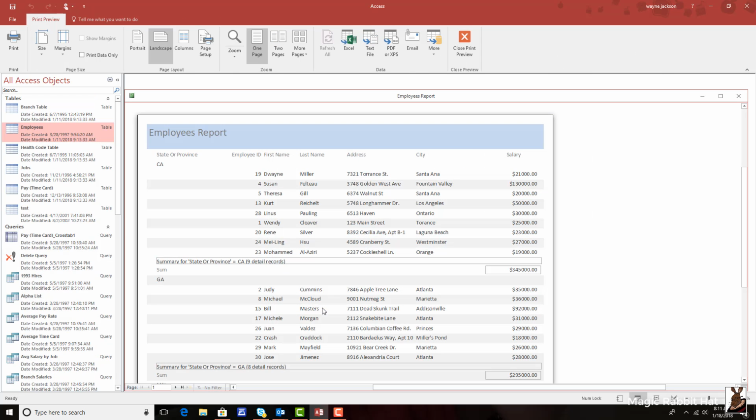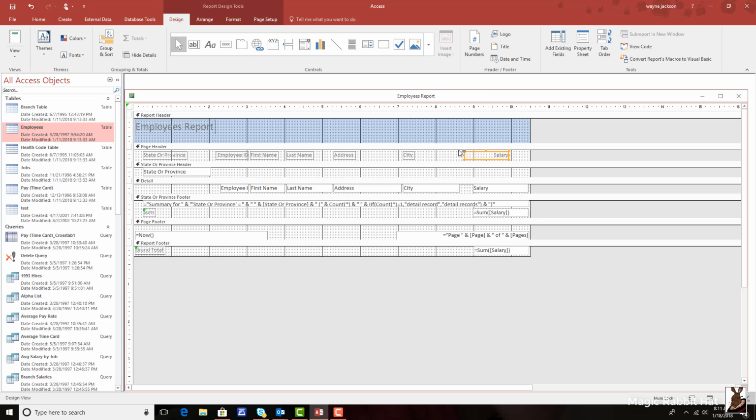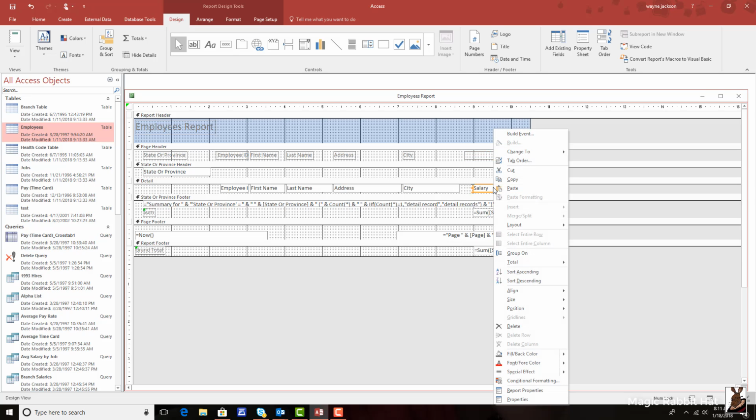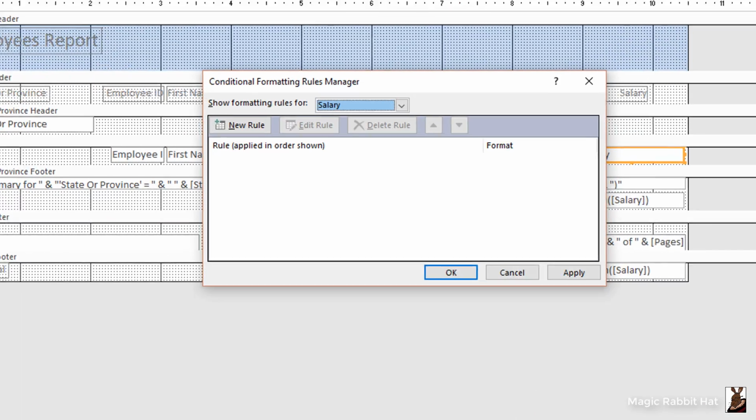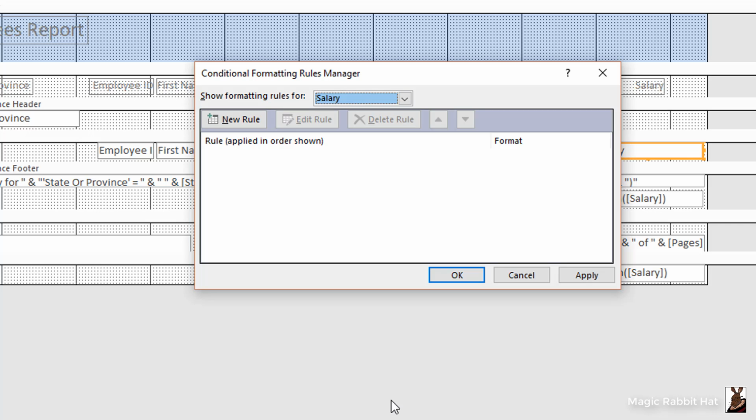So as you can tell, I have a report with several salaries, and I can apply that same conditional logic to my report. To apply it, I'll move once again to the top of the report, right-click and choose Design View. In the salary field, here in the detail, I'll right-click and then near the bottom, choose Conditional Formatting. When the Conditional Formatting Rules Manager appears, I'll apply a new rule to the salary field,